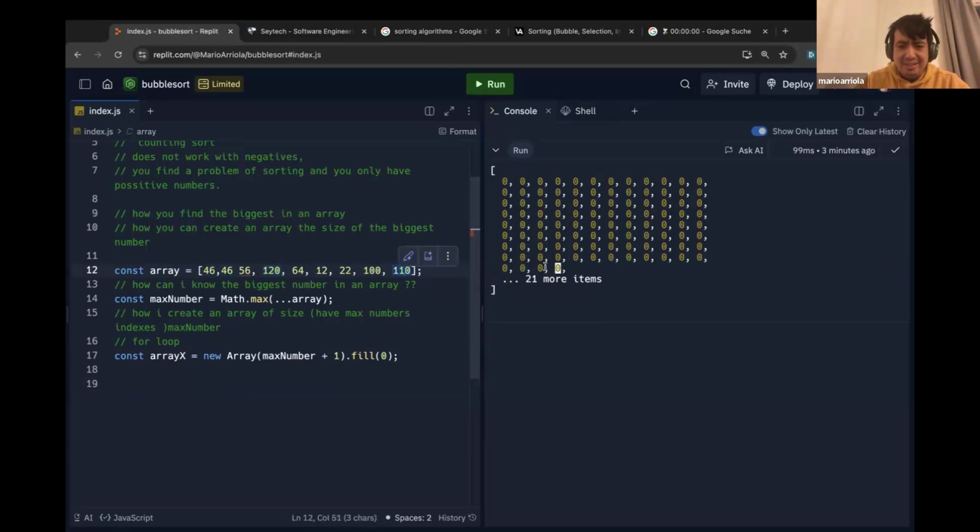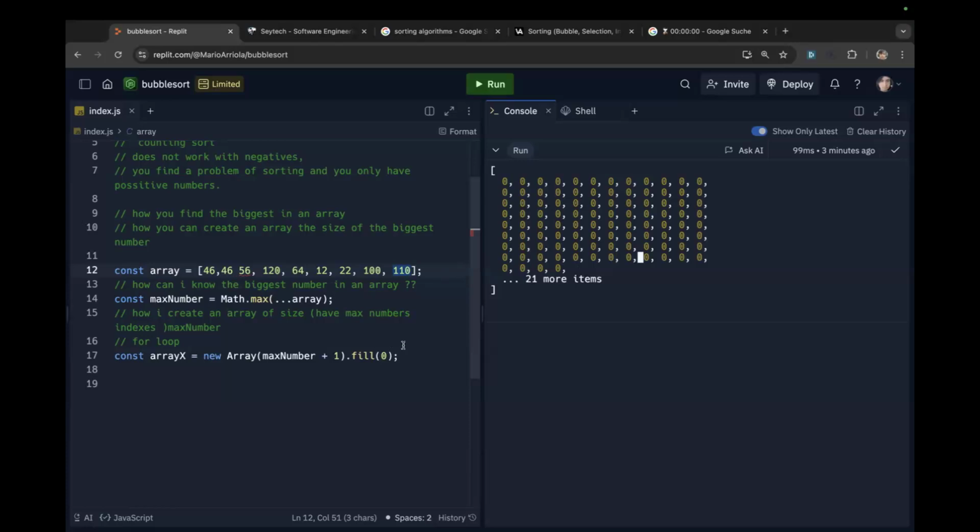In the index 110, it will be here, and we'll be just counting those elements that we have to be here. I think, yes. And at the end, we have to get the unique ones, so we have to delete the zeros. We're going to use includes and then no, to 4x. Get this one. That could be a solution, but the majority of the time what we do is